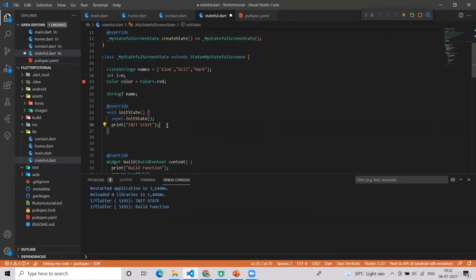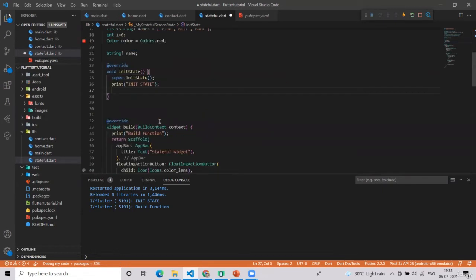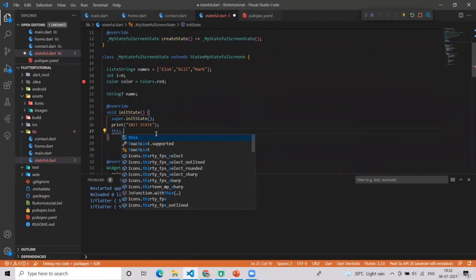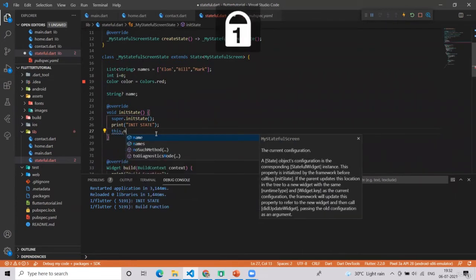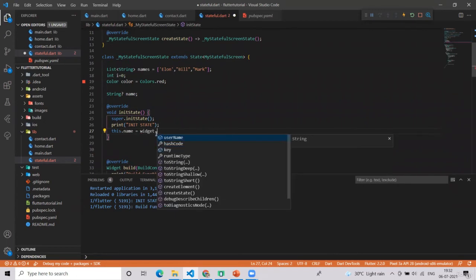Now in the initState, I would like to assign that value, that is all the data which is coming from the previous screen, to this screen. We'll just write this.name is equal to widget.username,